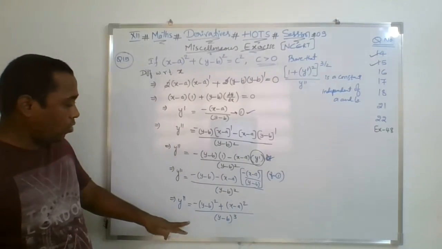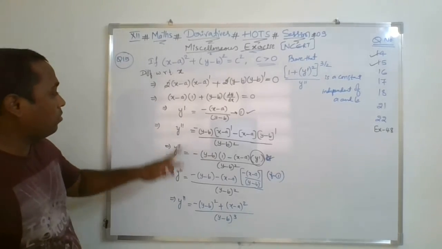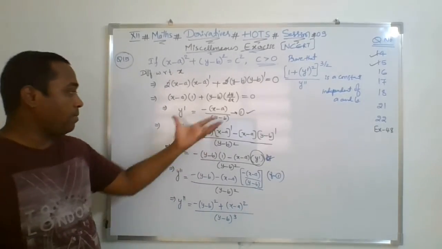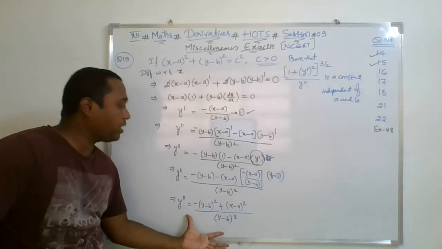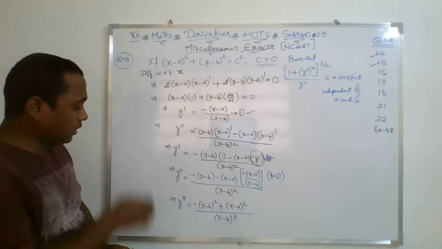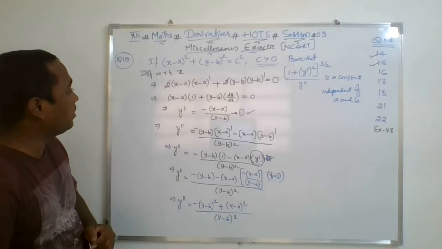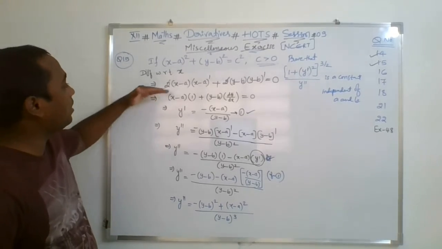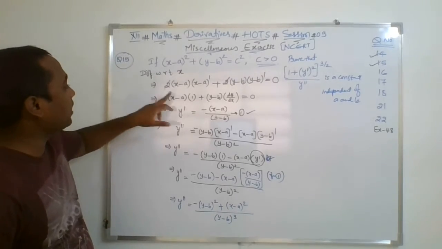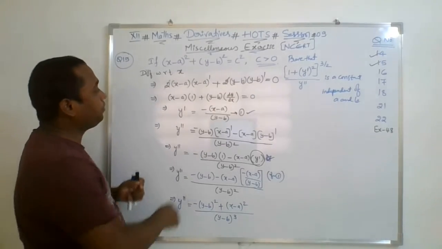So this is what I got as the y double dash answer. Then I am substituting these y dash and y double dash answers in the expression. Please remember, I am directly writing y dash and y double dash in this equation, and you will see the change in that solution. Let me check before I proceed whether it is correct or whether there is any calculation error from my side. Let me cross check. Yeah, it's correct.